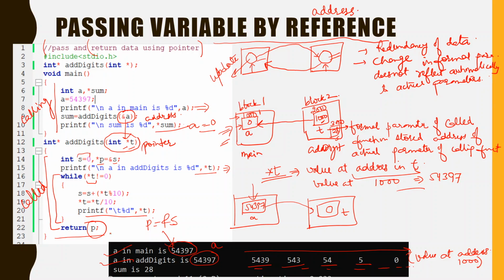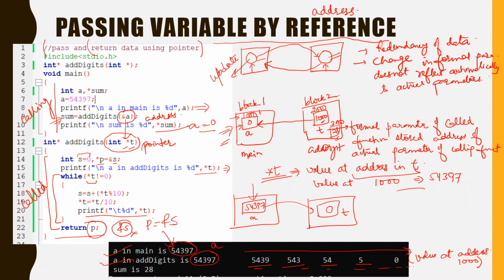Writing ampersand s directly is not allowed. It would give a logical error. So return p would be written. A pointer will be used, and this pointer variable, this address, would be passed to a corresponding pointer variable at the calling function.